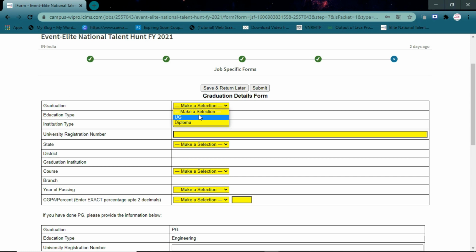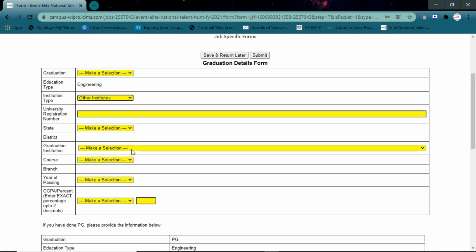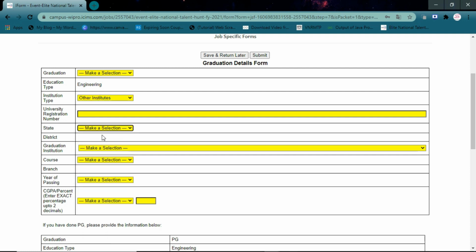Select your graduation, that is undergraduation or diploma, etc., and institution type, that is whether your institution is IIT or NIT, etc. If not, select other. And next, enter your registration number, that is your graduation roll number. And next, select your state from the list, and then also select your district.